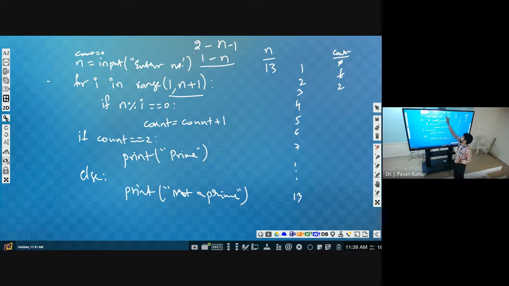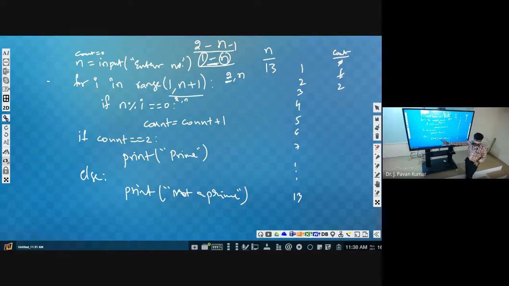Now according to our observation, what can we eliminate? Dividing with 1 we can avoid, and one more thing, dividing with itself. So these two, 1 and n, we can avoid. So what will be in between? 2 to n minus 1. How can we specify 2 to n minus 1? We have to start from 2. We have to end at n minus 1, so we specify n here. If you specify n, it will stop before that. But it will start at 2. So here we can use 2 comma n.